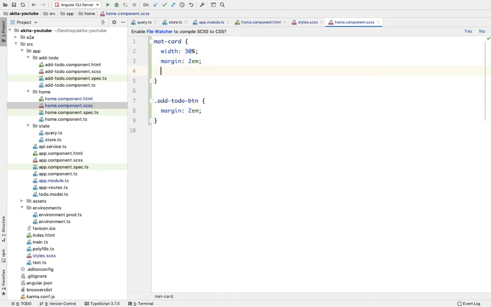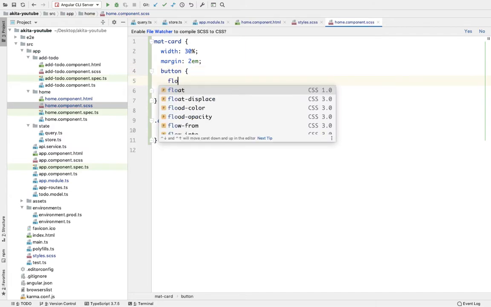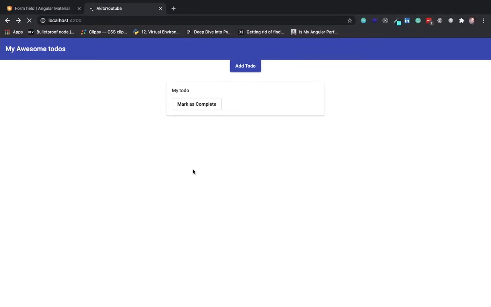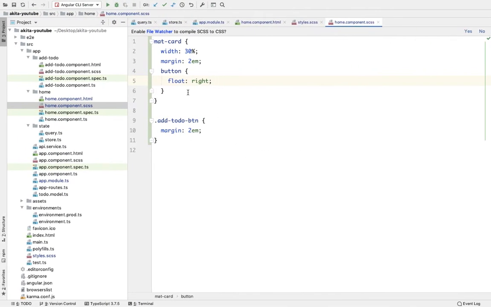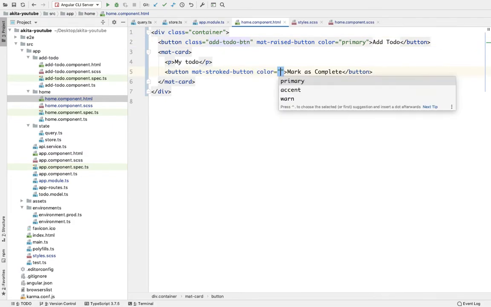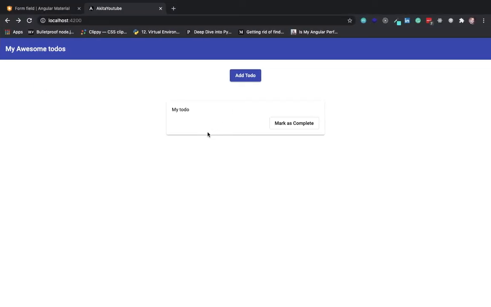And inside the mat card we are having a button which is going to float right. Okay, so it's looking a little bit clean now. Let's give it the margin of 1 em and let's define a color of primary. Okay, so it's looking a little bit decent.